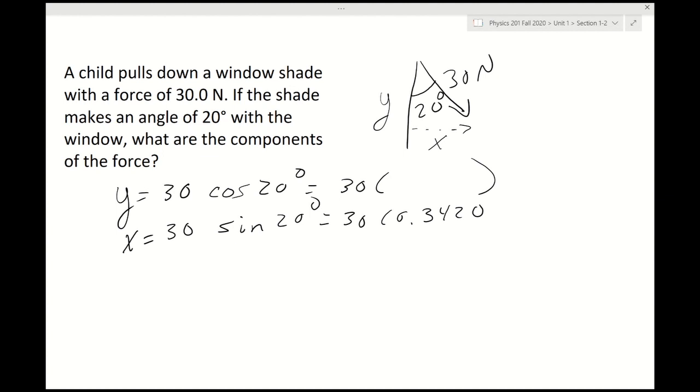The cosine of 20 degrees is approximately 0.9397. So this is about 28.19. This is about